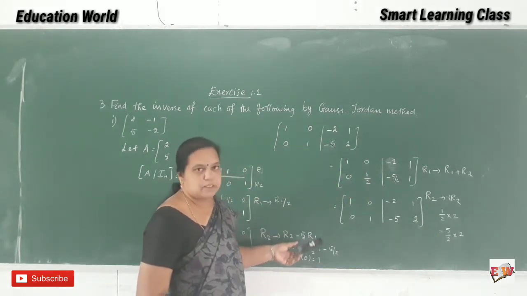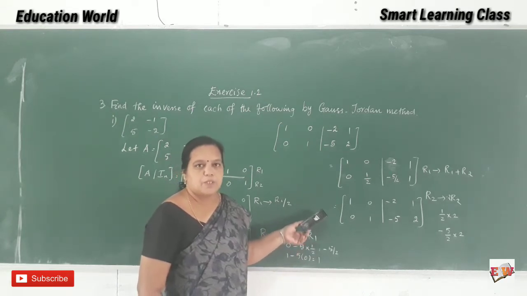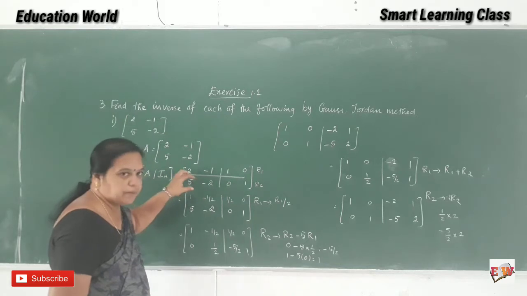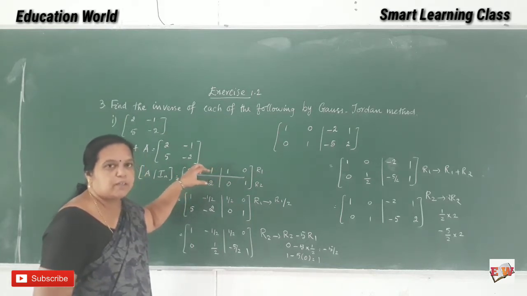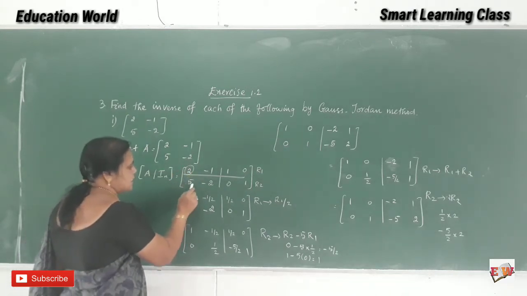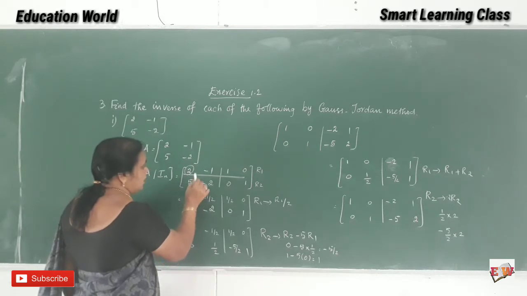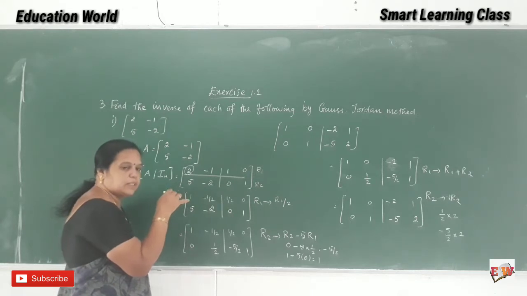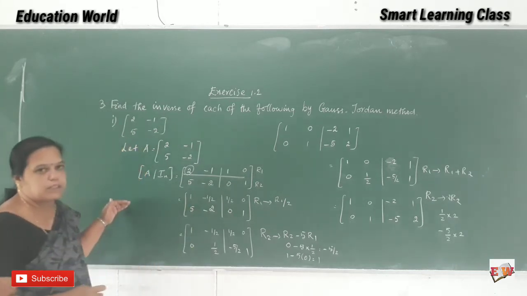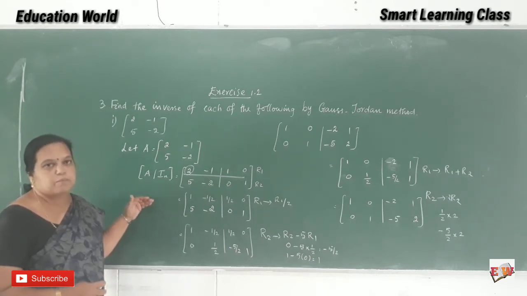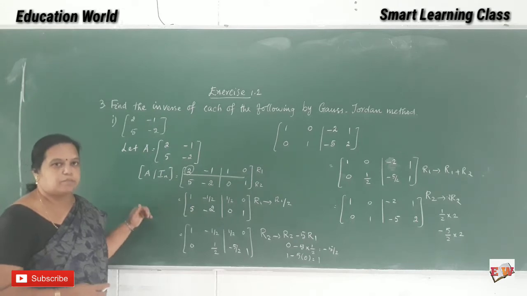Okay, this is the method to find the inverse of the given matrix by using the Gauss-Jordan method. In this method we have to concentrate on each and every element. Only then can we do the simplification easily. First we take this element, then this, in any order: the first and second elements in the first row, then the first and second elements in the second row. This is the method to find the inverse of the given matrix by using the Gauss-Jordan method. Thank you.